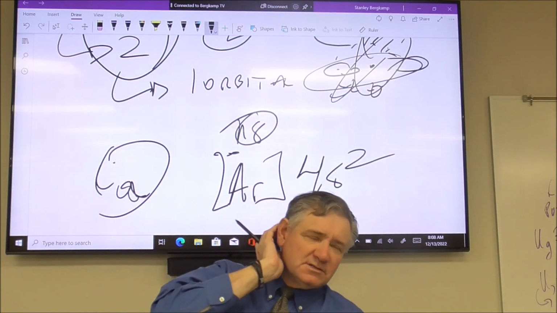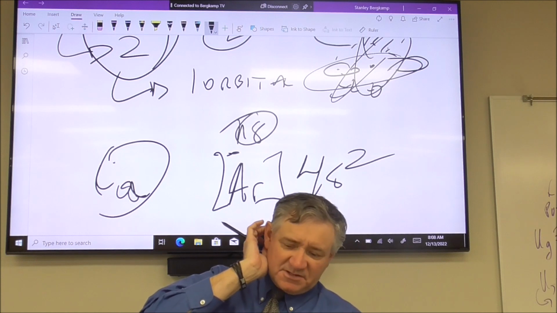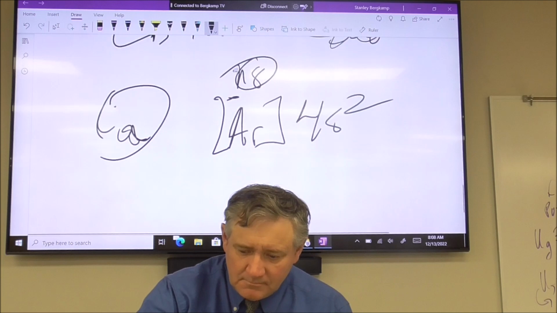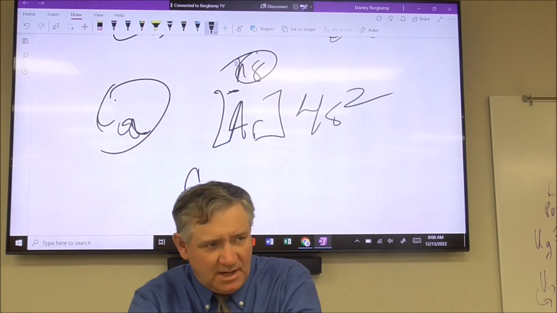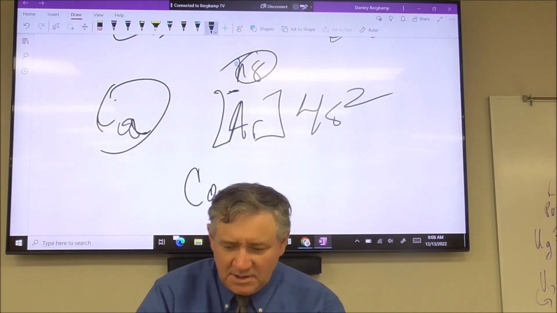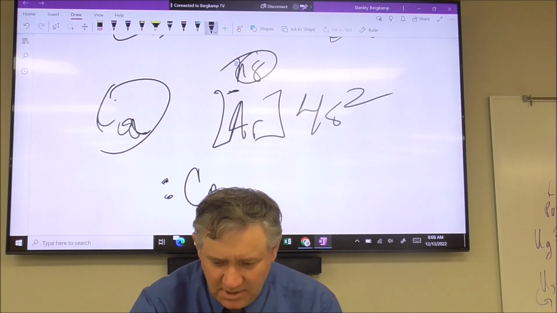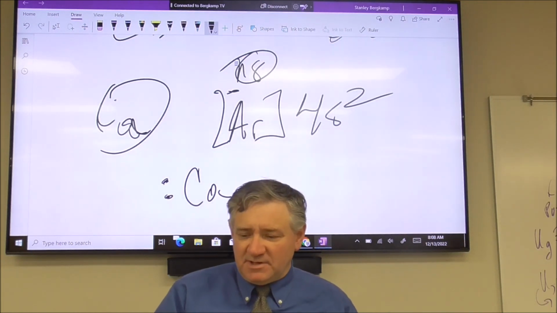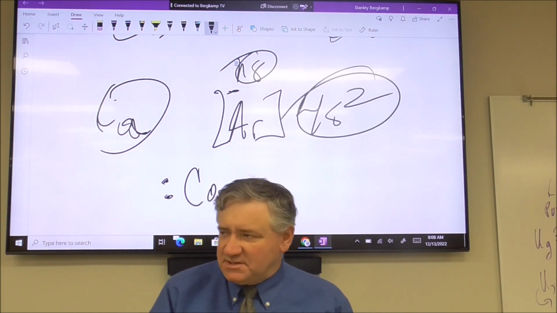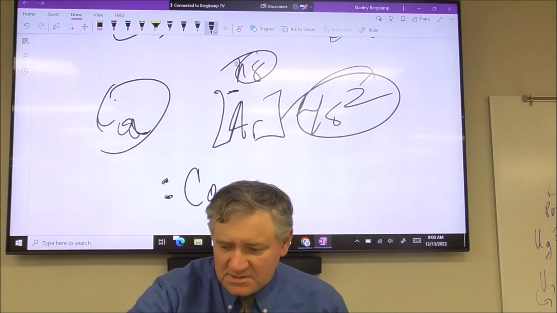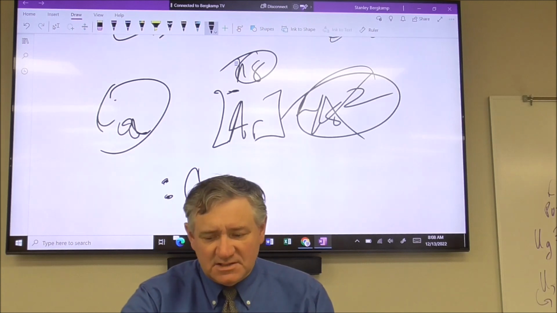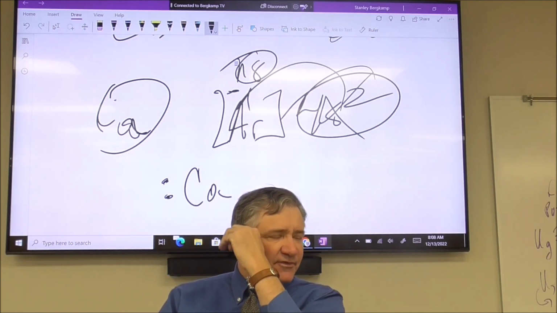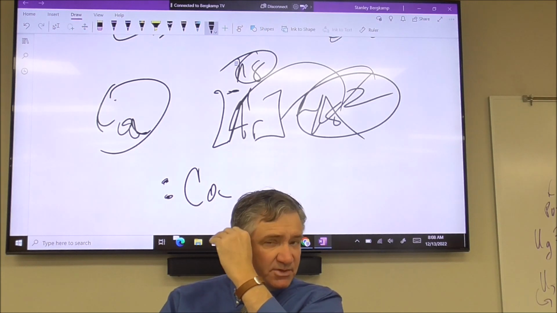Okay? So let's talk Lewis dot structure. If you have calcium, how many dots are going to be around calcium? 2, because there's 2 valence electrons. Now, this is why calcium has a charge of 2+. What calcium wants to do at the end of the day is get rid of those electrons so it can look like argon. Now, if it loses those 2 electrons,